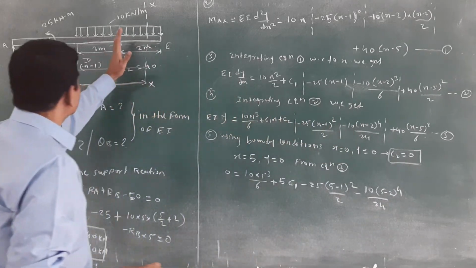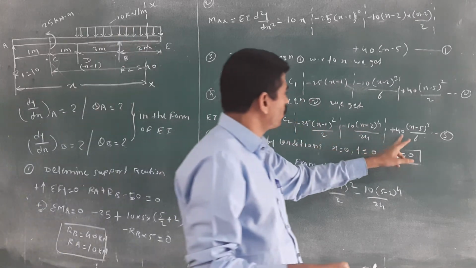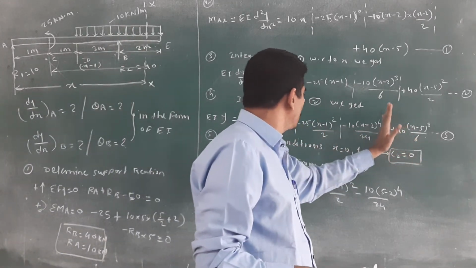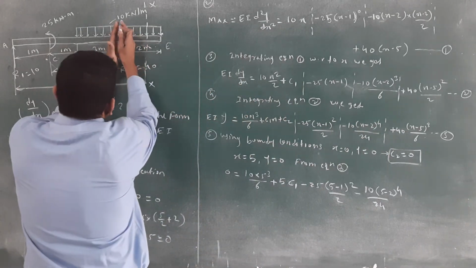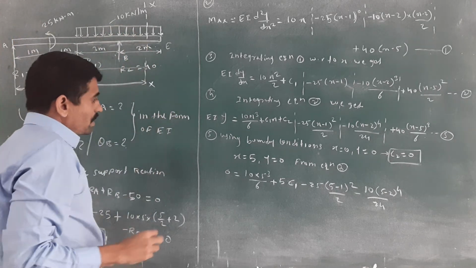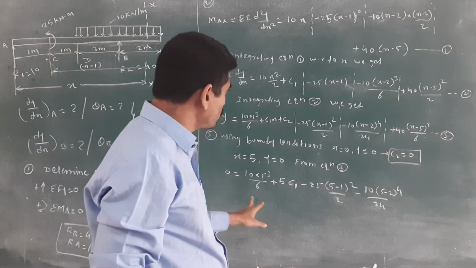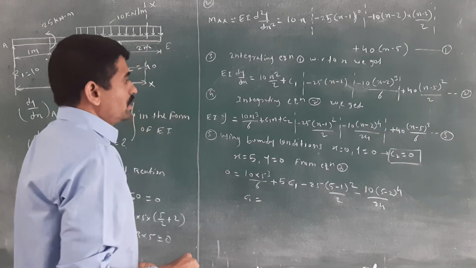Okay, take up to this compartment. Don't consider the last compartment. Okay, up to this. That's why we are doing the compartment. Don't consider this part. Only consider up to this B part, the left side part. Okay. If you are solving this, then you will get C1 is equal to